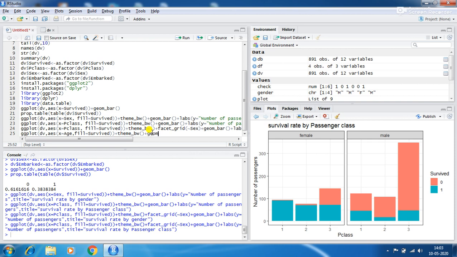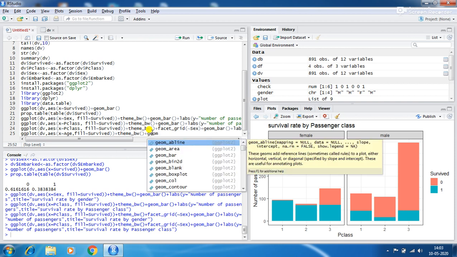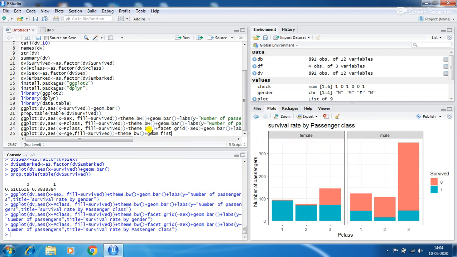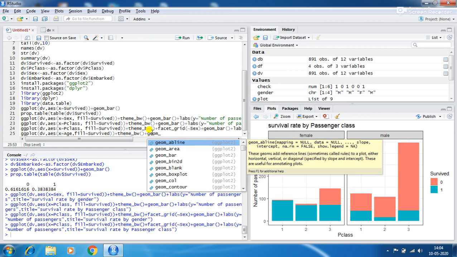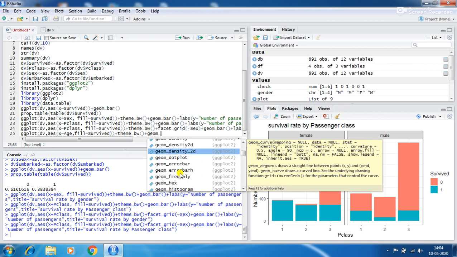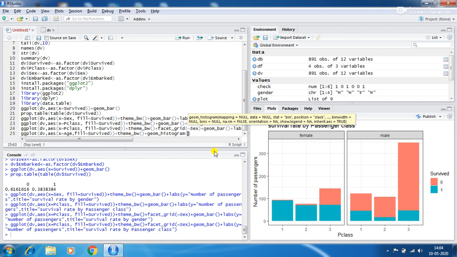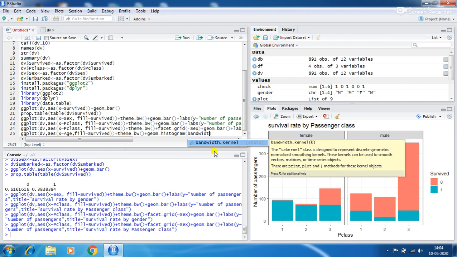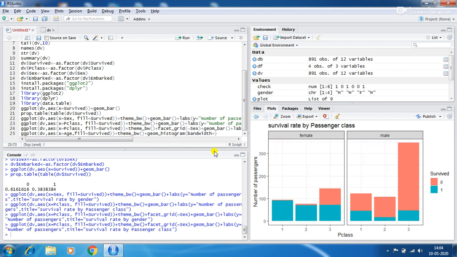So geom_histogram. This is a histogram. In the histogram, we have to define the bandwidth. What bandwidth for the histogram? I will take 5. Sorry, 5 bandwidth.